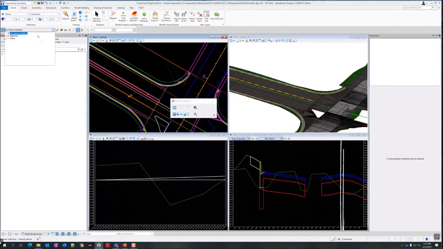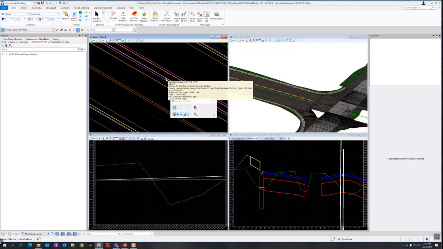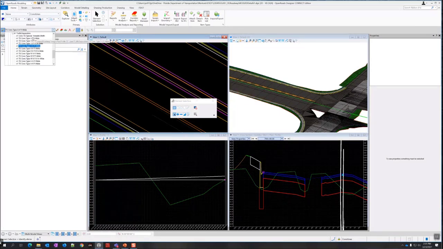All right, so I'm going to do linear roadway design. I'm just going to use the traffic separator lines. See if I can match the same feature definitions already there. I don't know which one it is. If I hover over this, I can see it's TS Type 1, 4'7". So TS Concrete Type 1, 4 foot wide. So let's change it to Type 1, 4 foot wide. And make sure the use active is set there.